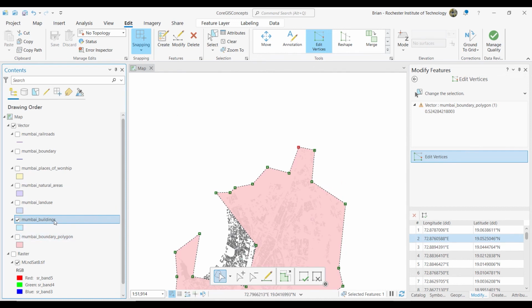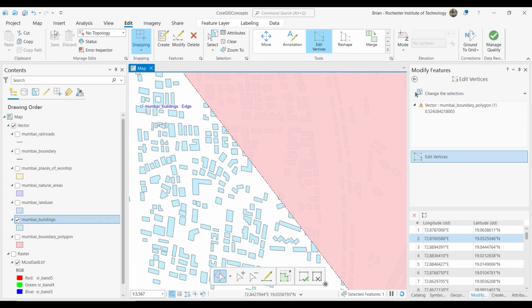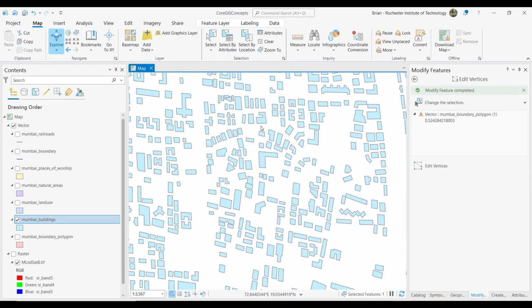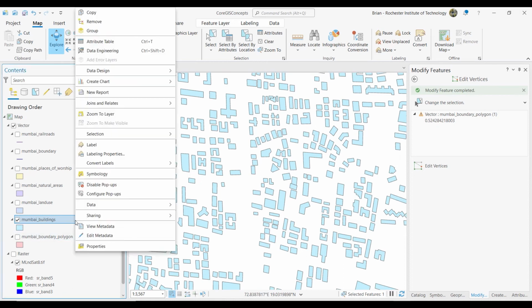If you go to Mumbai buildings and zoom down in there, in my case they are these blue polygons. So now we can start using our lingo. They're blue vector polygons, right? If I right click on the layer Mumbai buildings and open the attribute table, this is really core GIS stuff too. Every vector shape has associated with it data attributes, right? So if I go to the attribute table,